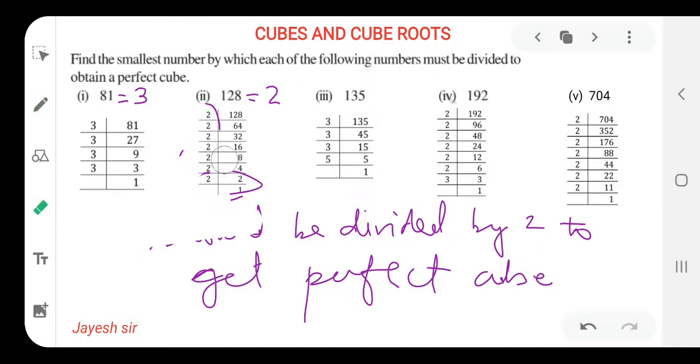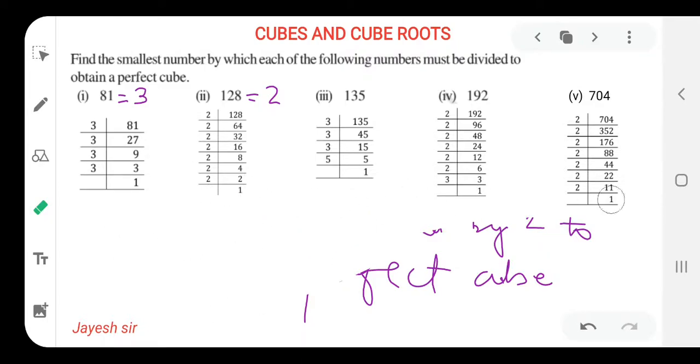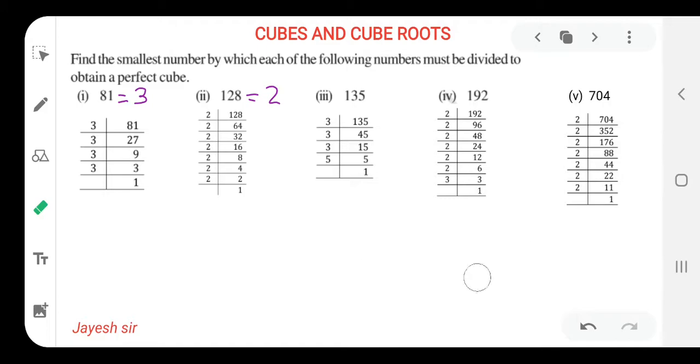So let us begin with the next sum, that is the third sum for the day. Friends, if you are now capable of solving on your own, pause the video and try to solve the remaining 3 sums on your own, as I am solving here for you only. So 135 should be divided by what number to get a perfect cube? Let us count and make the pair of 3. So a pair of 3, 3 times 3 is there. That means it is perfect. So we are left with 5.